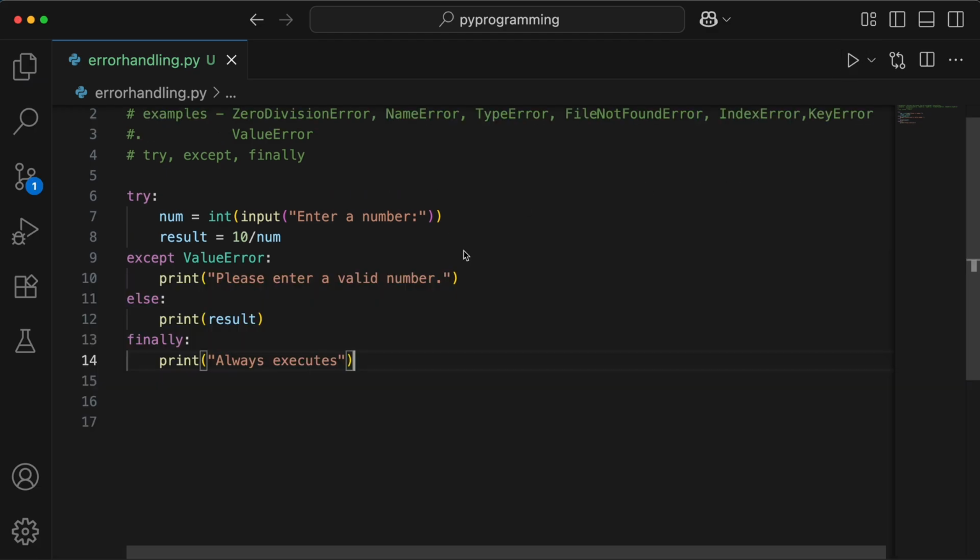All right, so that was it. And let's quickly recap what we learned. In the try block, you are always going to keep your risky code that can raise exceptions. And in the except block, you can handle specific errors like division by 0 or invalid input, or you can catch all the exceptions. And the else block will run only when no error occurs. And finally is great for cleanup, so you can keep any piece of code that you always want to run.